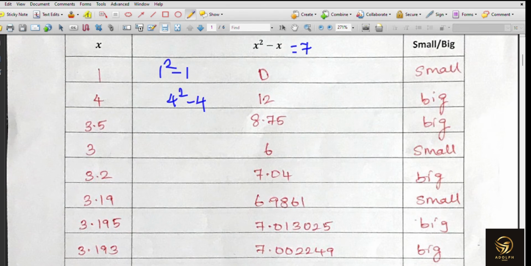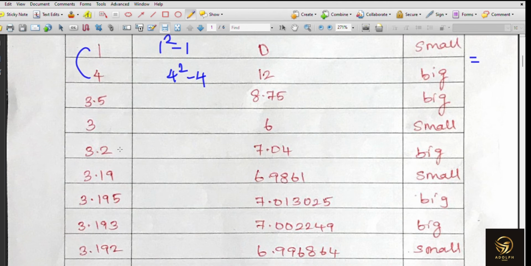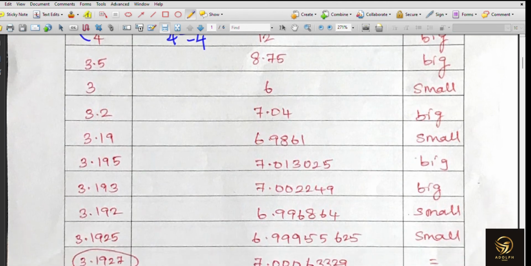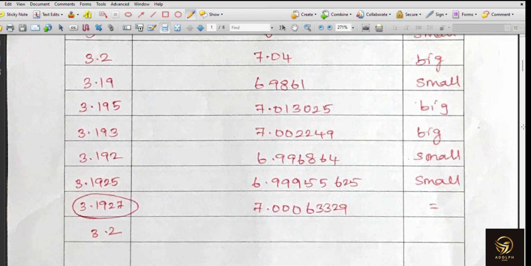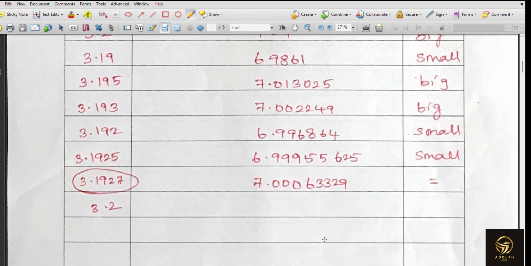What are we realizing? If I'm substituting 1 it is small, and if I'm substituting 4 it is big. So the change is happening between 1 and 4. Small is becoming big. In between, it is small, and at a certain point it will be equal, then after that point it is going to be bigger. So the change from small to big is happening between 1 and 4. So we try so many numbers, 3.5, 3.2, 3.19, and we just note whether it is big or small. And finally you can see it here,